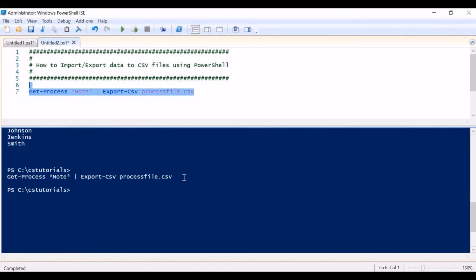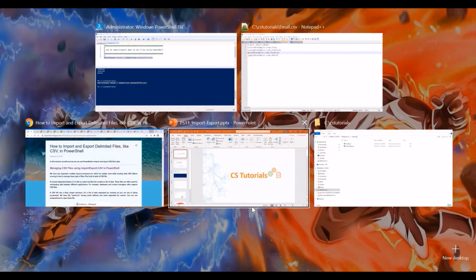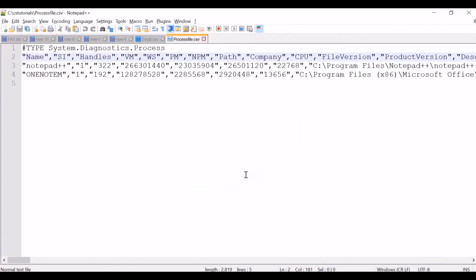The command is executed without any error. So let's see what the output is in our process CSV file. As you can see, all the processes whose name contains note are filtered out and exported to the process CSV file. Have you noticed this hashtag type string?